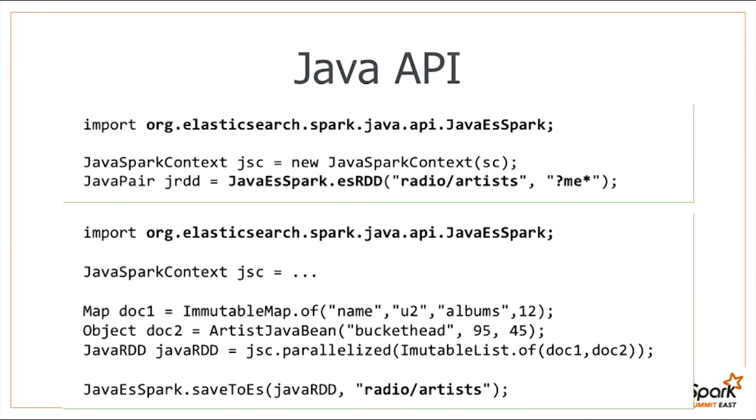In a similar vein, we have a dedicated package following the Spark convention, java.api, where you can have the JavaEsRDD to run any query in Elasticsearch and get it back, and take any RDD that you have and just index it in Elasticsearch. Now, when you're doing reads, everything that we return is a pair RDD, so you can actually have the ID of the document, of the result, and its content. Also, we are making sure that the integration is native. So for example, if you're using the Scala API, your RDD is going to contain Scala collections. The same thing with Java. You're going to get the java.util collections. And internally, we don't convert it to Scala and then back to Java or vice versa.